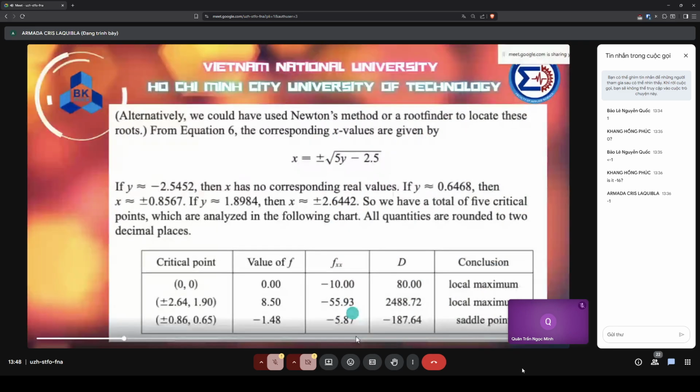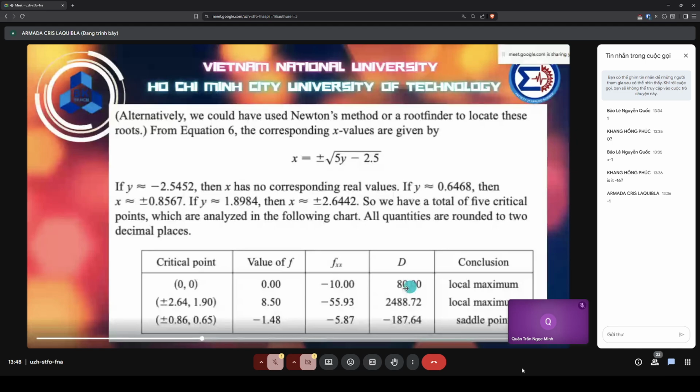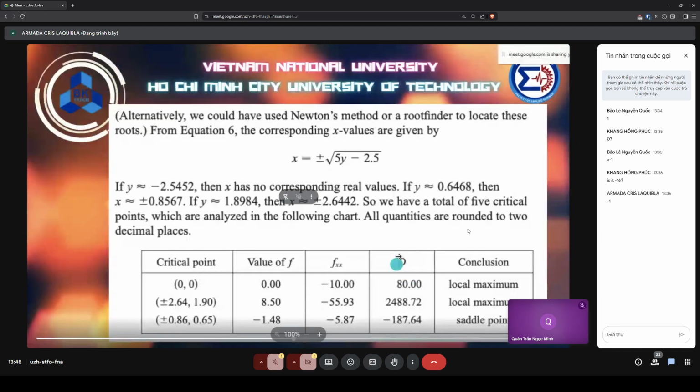So there, you can check them if they are correct. Now for the d there, it's positive for 0, 0, and here it's positive also. Now